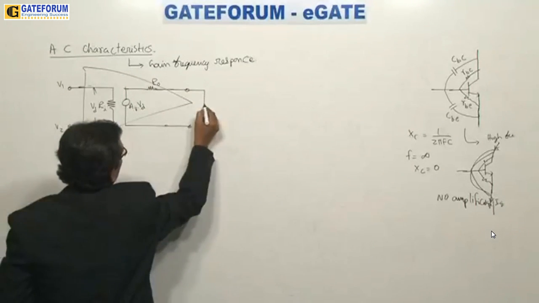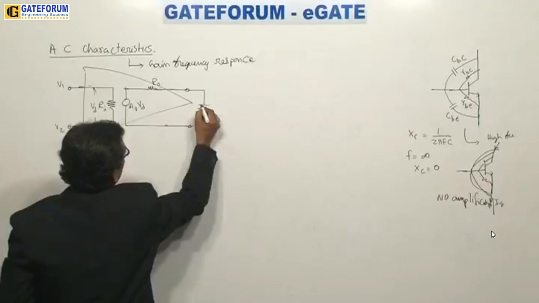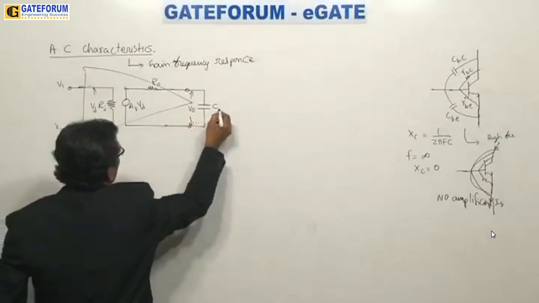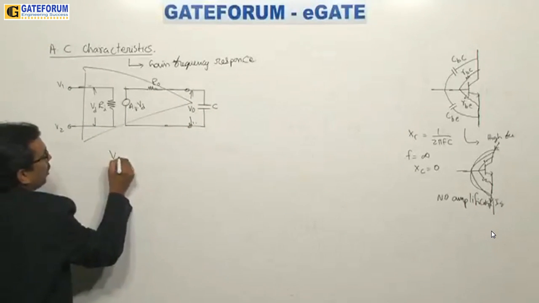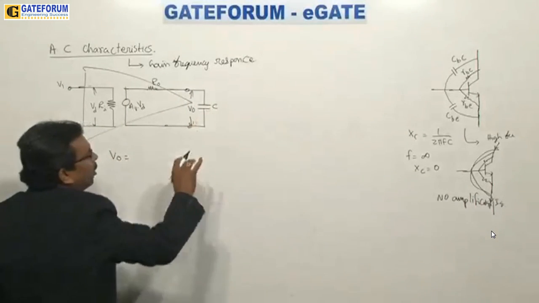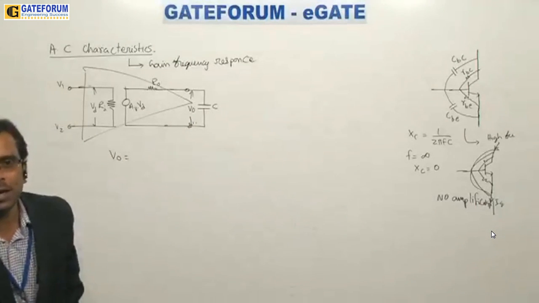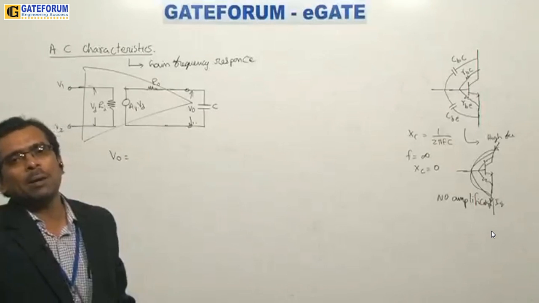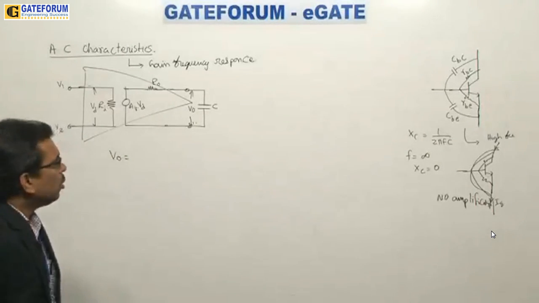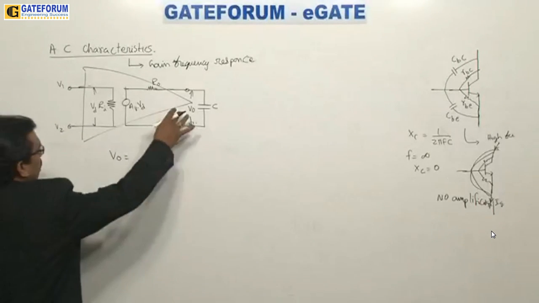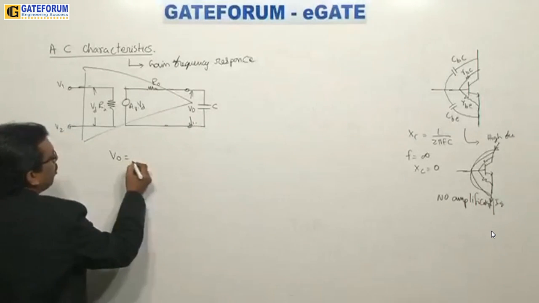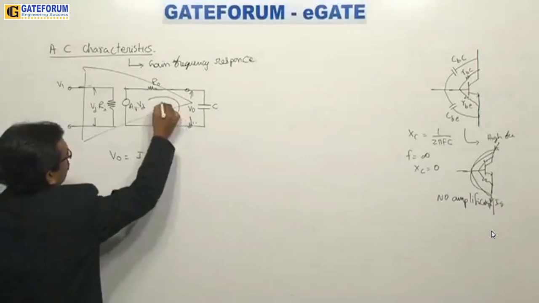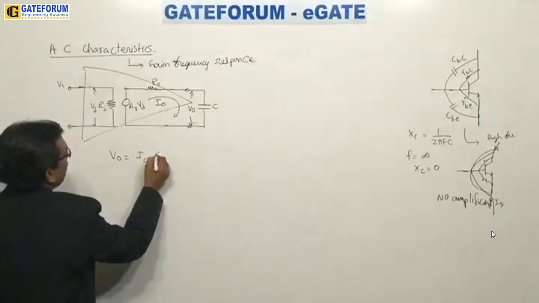At this situation, to the output of the op-amp, I connect one capacitor. This is how I am supposed to take the output. Because the capacitor reactance is becoming 0, externally we connect one capacitor to the op-amp and try to compensate this, and overcome this problem. Now try to see here. V output is nothing but the current in this loop, if I consider it, I0 into minus